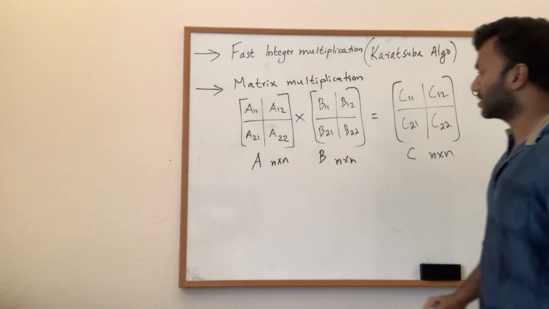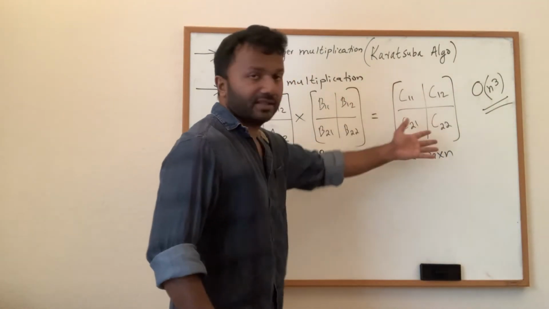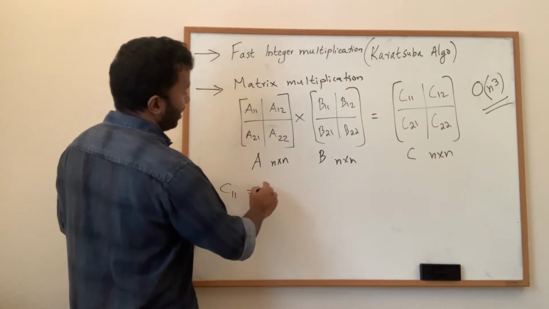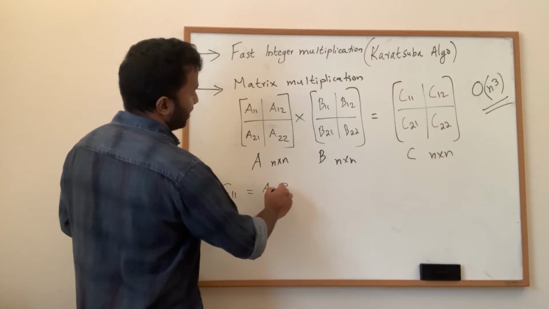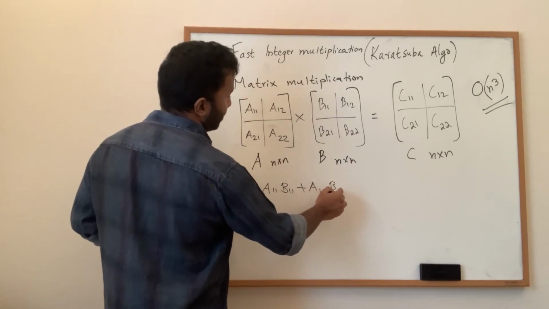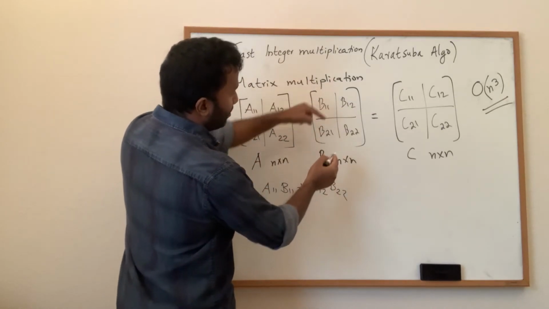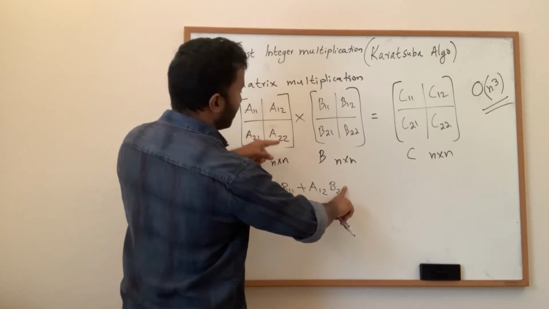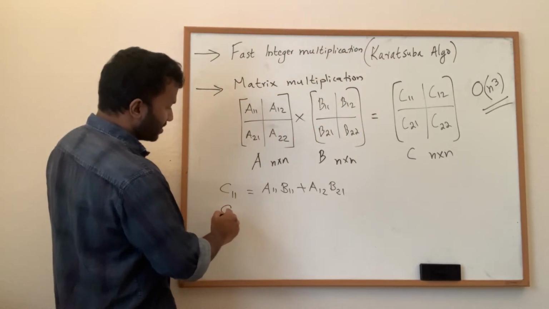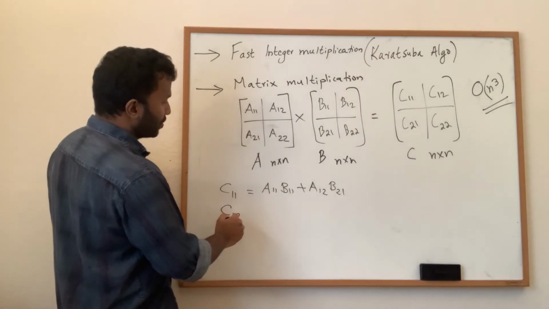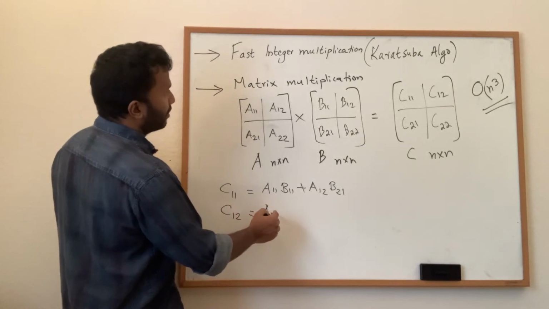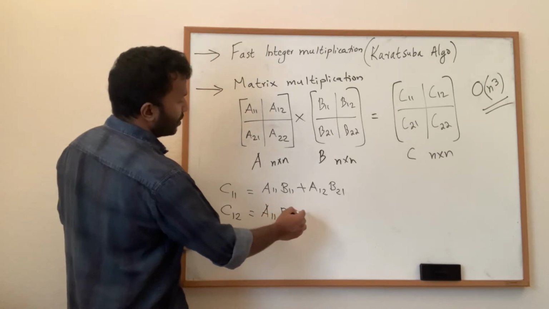Then I need to compute these things. So C11 is nothing but A11 multiplied by B11 plus A12 multiplied by B21. Similarly, C12 is going to be A11 multiplied by B12 plus